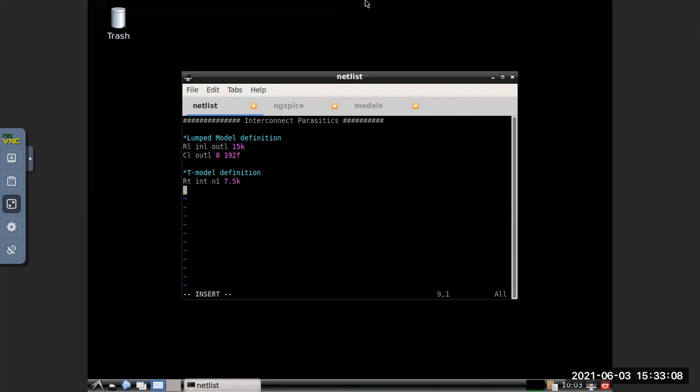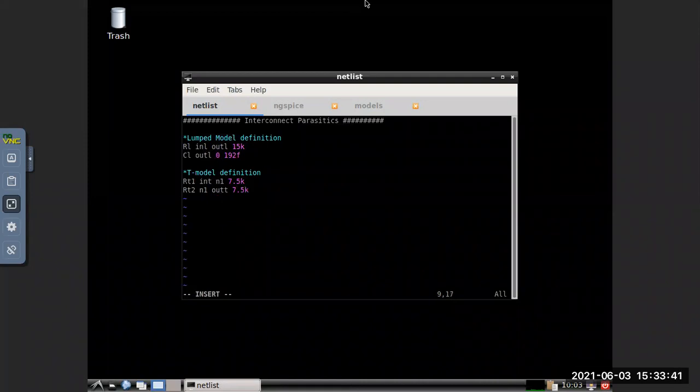Then RT1 int node 1, then RT2. This is N1 out T, 7.5K.